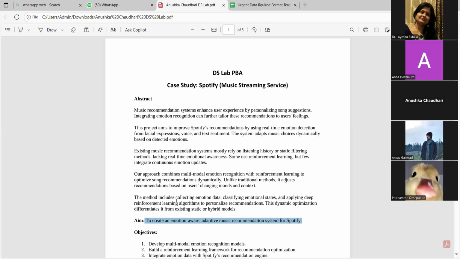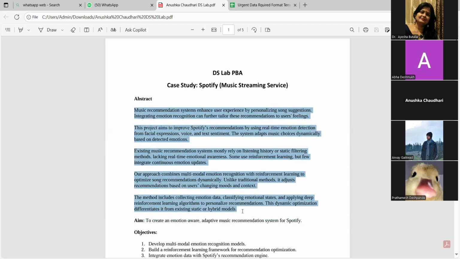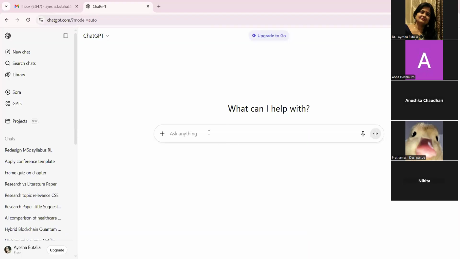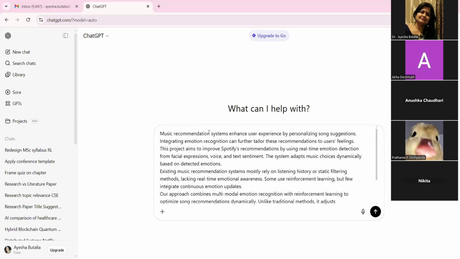ठीक है, तो हम इसको अभी क्या करते हैं, अभी हमारे पास एक टाइटल है, हम उससे अपना दिमाग लगाते हैं और इसको कैसे ठीक करना है. ओके, तो यहाँ पे मैंने इस पर्सन का एब्स्ट्रैक्ट लिया. Okay, so I copied the abstract and now I'm pasting it in the ChatGPT. You can use any AI tool, but considering that everybody knows ChatGPT. Okay, यहाँ पे I just put the abstract and I say